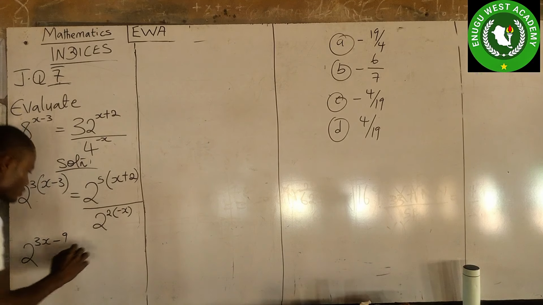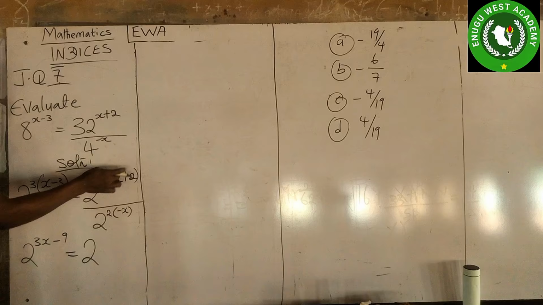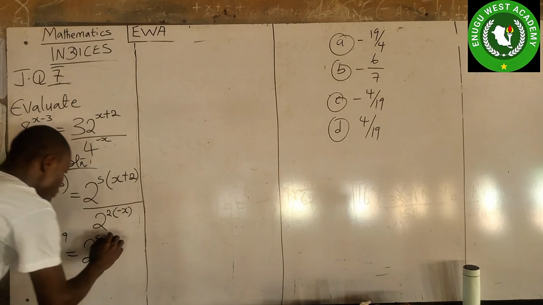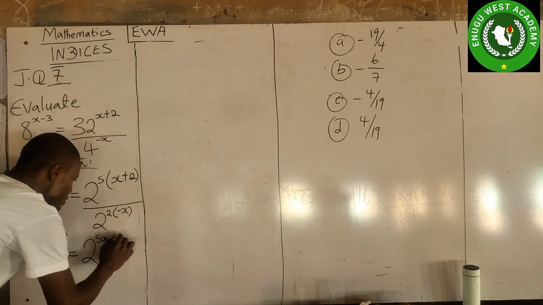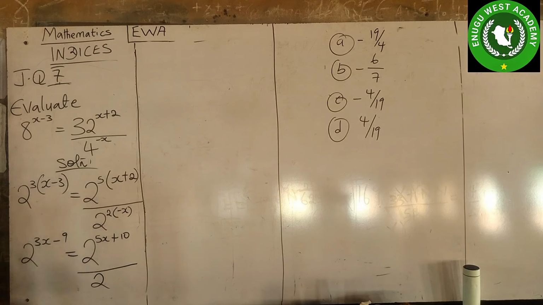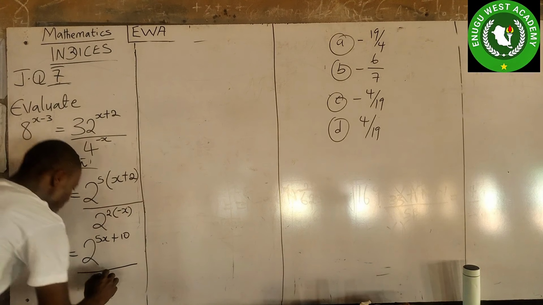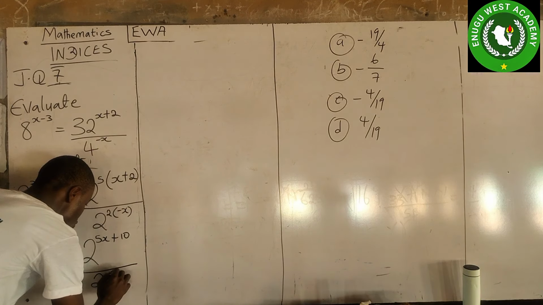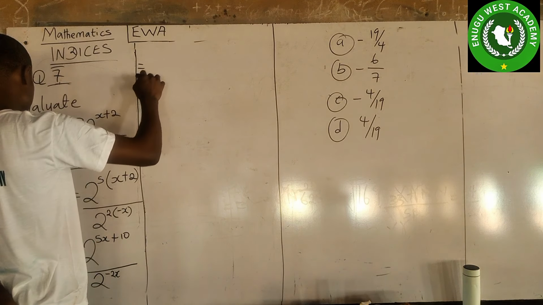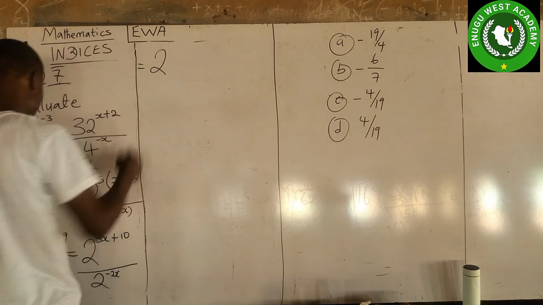Which is equal to 2 raised to power 5 times x is what? 5x. Plus 5 times 2 is what? 10. All over, you have what? 2. Now, 2 times minus x is what? Minus 2x. It's minus 2x. So this will be equal to, we have the first one is